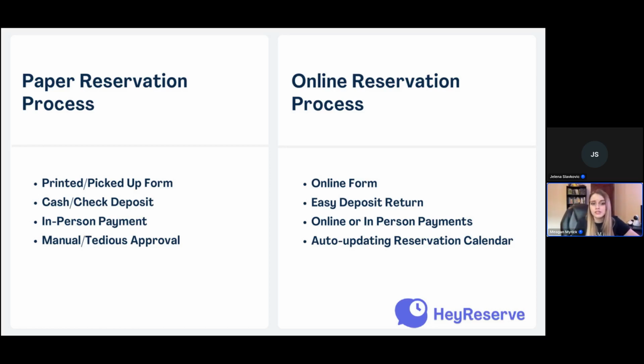And then usually you take a cash or check deposit. And that's another step for me. I don't ever have cash or checks. I had an initial checkbook when I opened my bank account, never used all the checks, never got another checkbook. And like I said, I never have cash on me unless I take it out specifically for something. So I'd have to take cash out, take it to the city hall or send it in, make an in-person